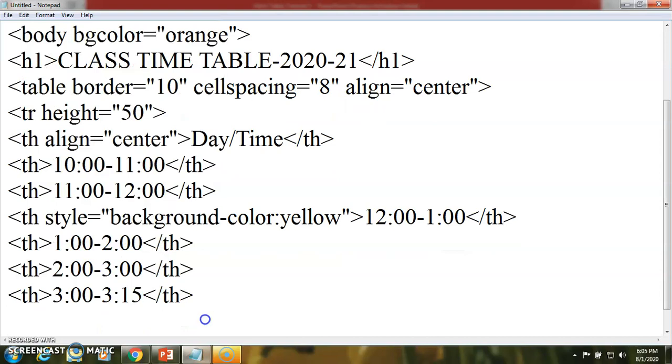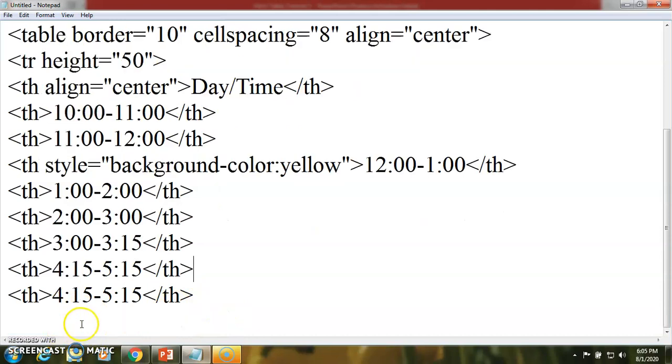Again 2 more slots we are going to add, that is 4 to... slots we are going to add. 3:15 to 4:15 slot we have in a table.